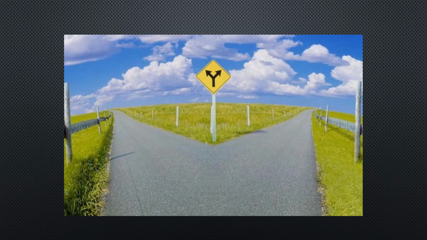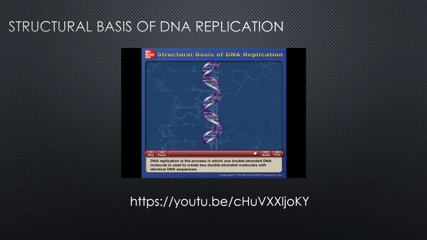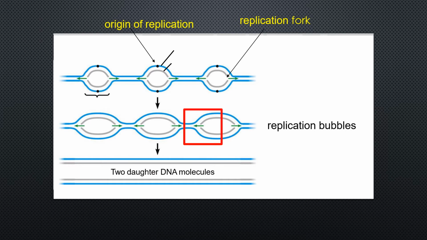So we begin this replication at what we call a replication fork. If this road serves as the double helix DNA up here, we are going to split it like this, and it will give us two replication sites. So, a replication fork. If we think of this DNA as this long strand of double helix that we have to unwind in order to replicate,